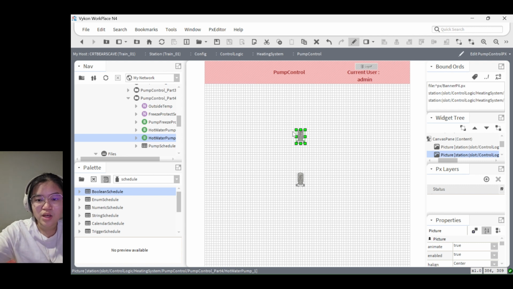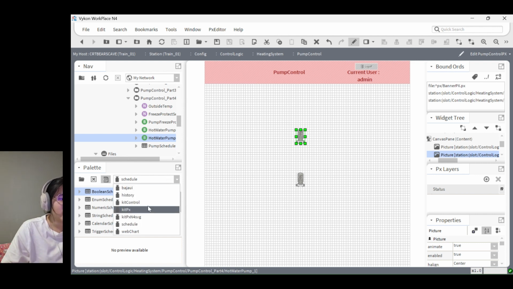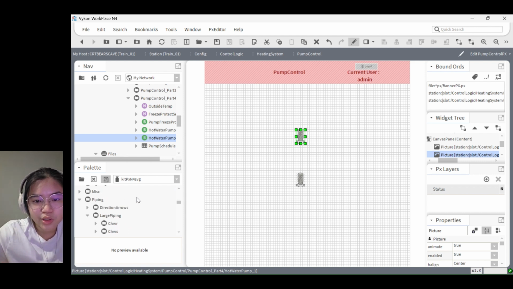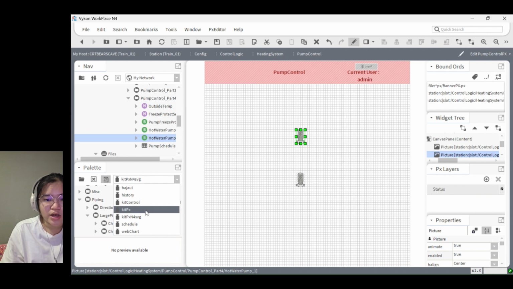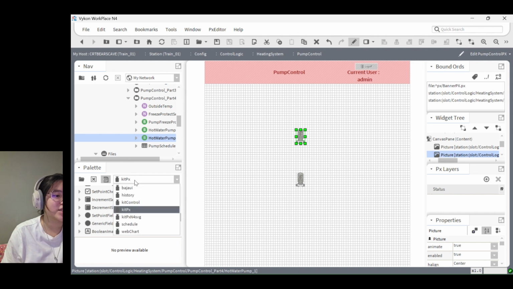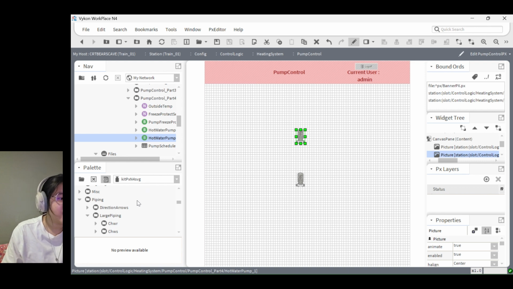Then from here, give me 1 second. We're going to find the different pipes required for it. So I go to kit, and we are going to look for the thing in the palette. So it will be using kit PX actually. And is it kit PX? Give me 1 second. No, it's still the kit PXN4 SVG. Then from here we go look at piping, and we go to large piping, and we go look at